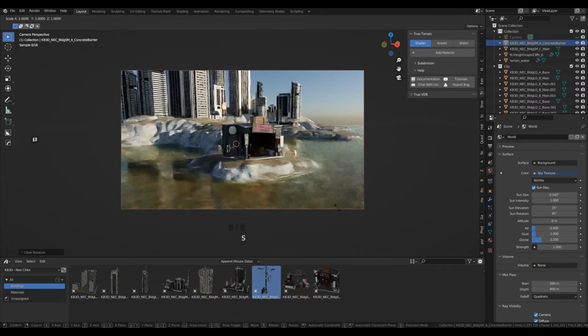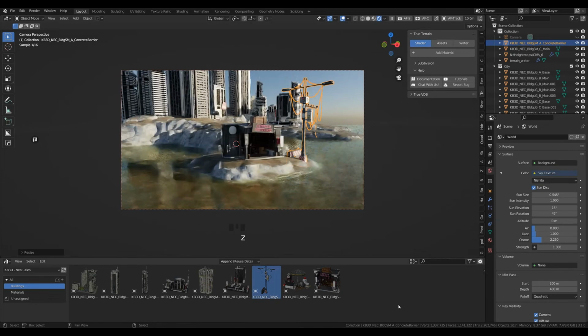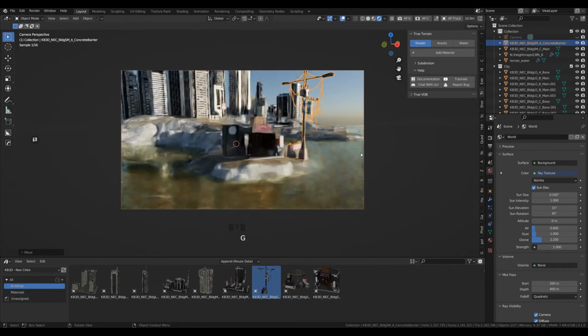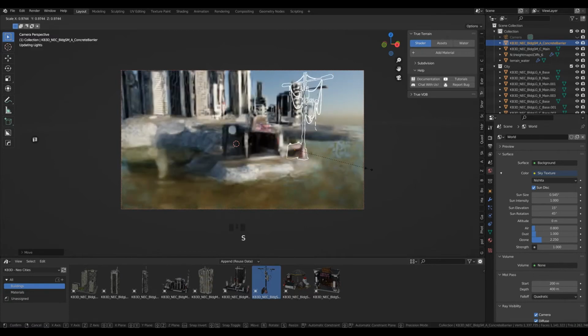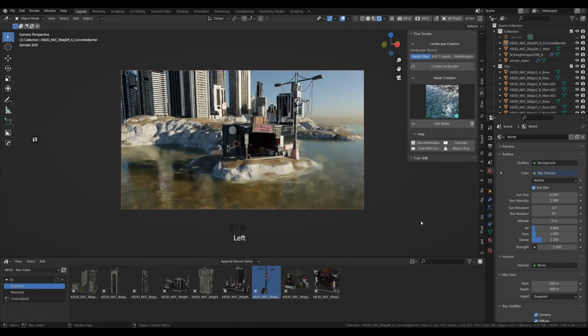Alt R and bring this up. I think it makes the foreground a little bit more interesting, maybe, like so. Bring this a little bit to the back. Yeah, I like that. Okay,